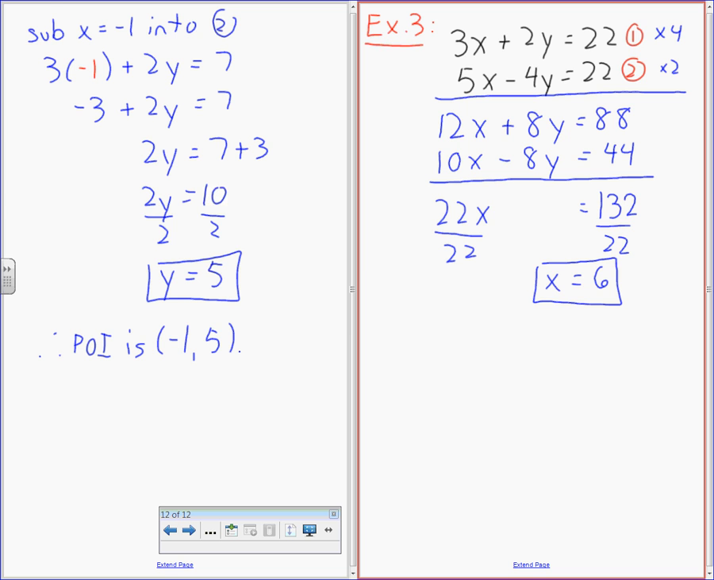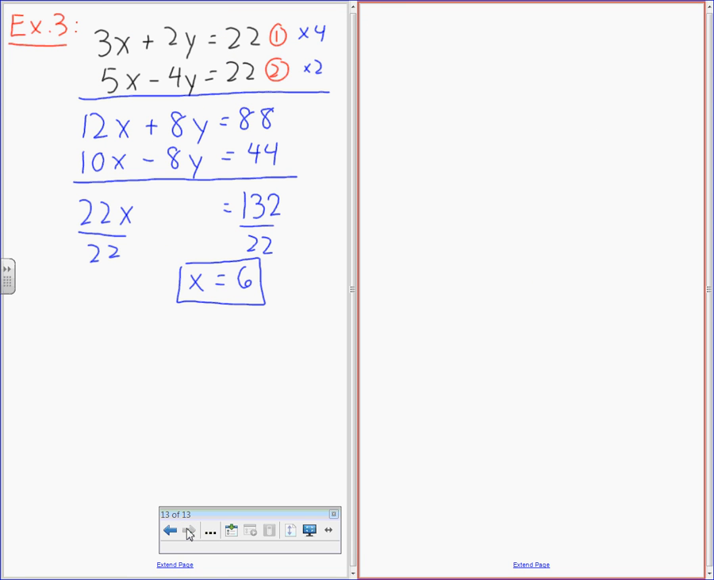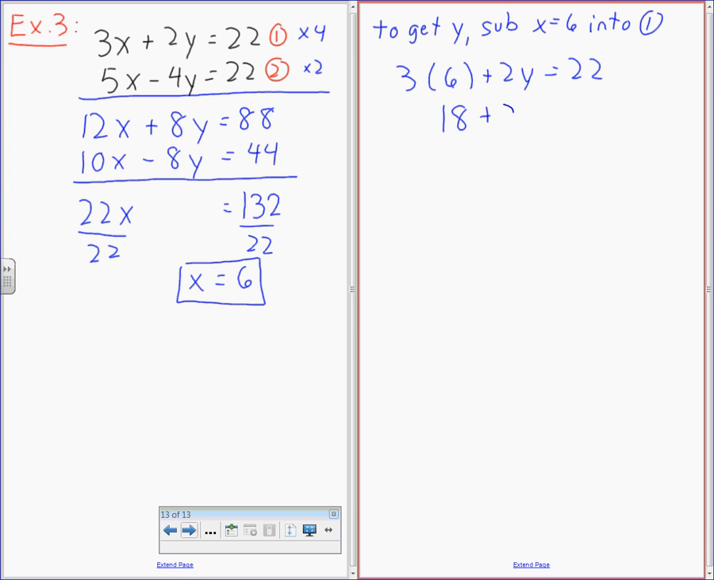Okay, I'm going to find my y value now. To get y, I'm going to sub it into the first equation. So it's going to be 3 bracket 6 plus 2y equals 22. 18 plus 2y is 22. 2y is 22 minus 18. 2y equals 4, divided by 2, divided by 2 equals